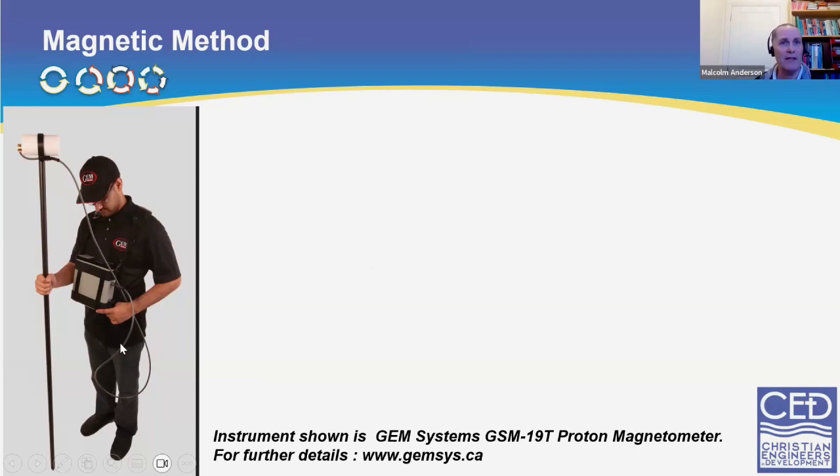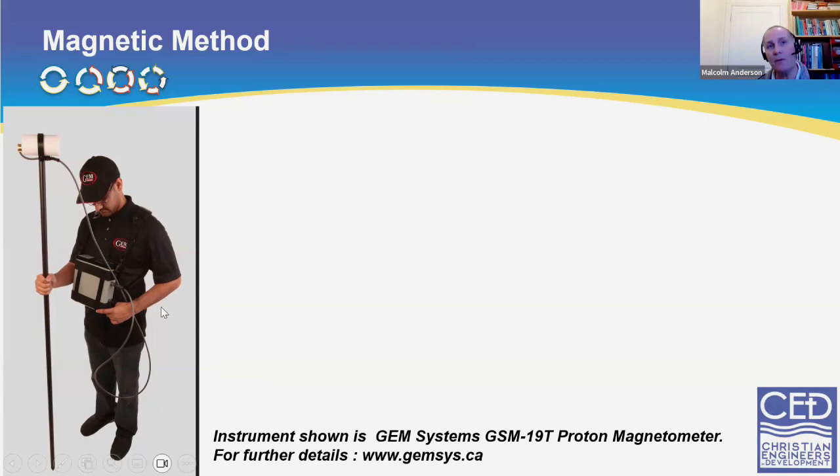You can see here on the left is an operator. He's carrying his magnetometer on a staff. That staff will give him a constant height. So when he reaches the point to measure, he just plants it on the ground and then gets constant height. I mean, you can also get backpacks with this method, so he can literally continuously survey as he walks. And this instrument that you see here